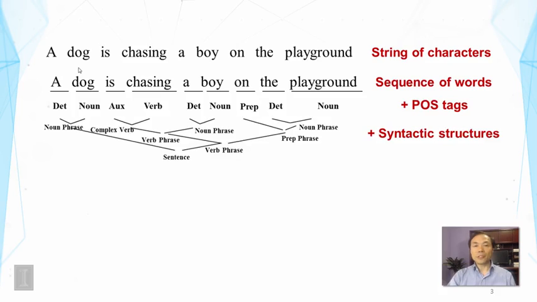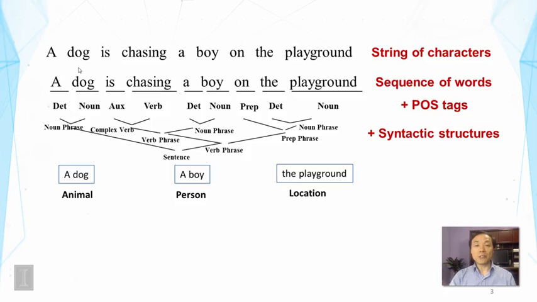If we go further, then we'll be parsing the sentence to obtain a syntactic structure. Now, this of course further opens up a more interesting analysis of, for example, the writing styles or correcting grammar mistakes. If we go further for semantic analysis, then we might be able to recognize a dog as an animal,